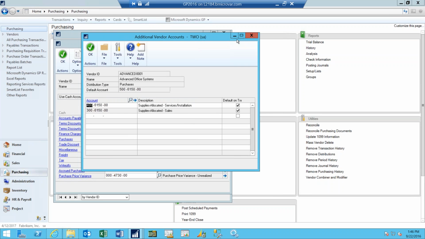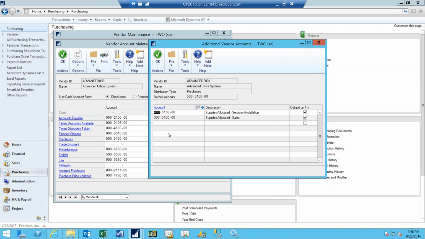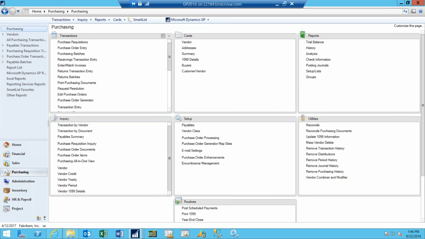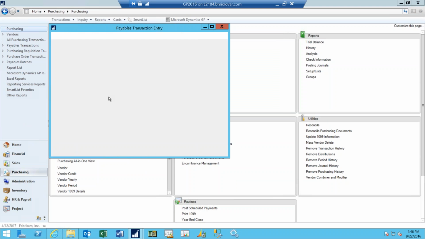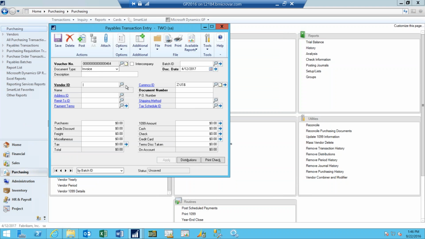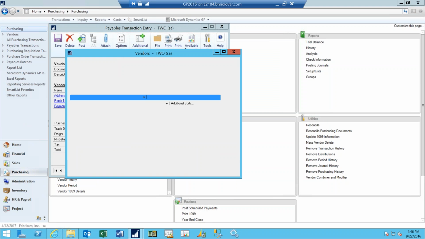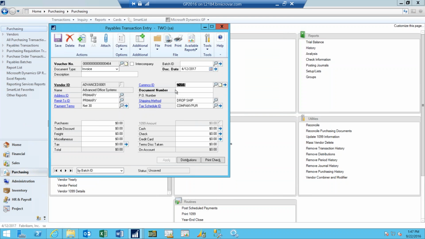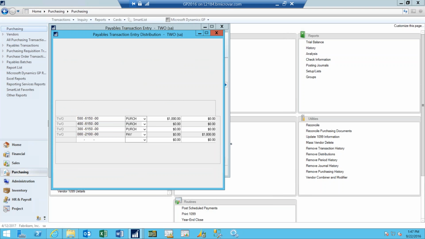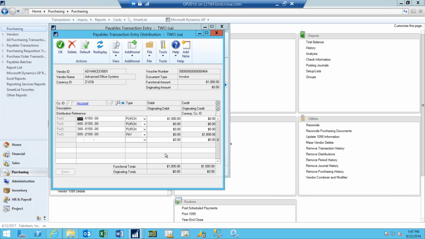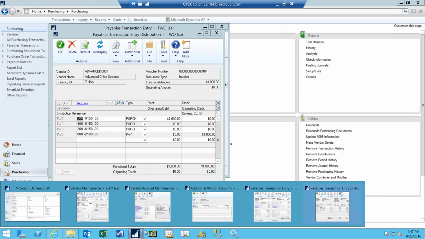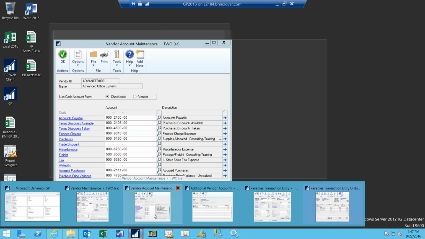So I'll leave these windows open. We'll come back to take a look at those here in just a second, and I'm going to go over into my transactions, and I'm going to do a transaction entry to the Advanced Office. And when I go to my distributions, you'll notice that the first one, the first account that was on my vendor account information was the